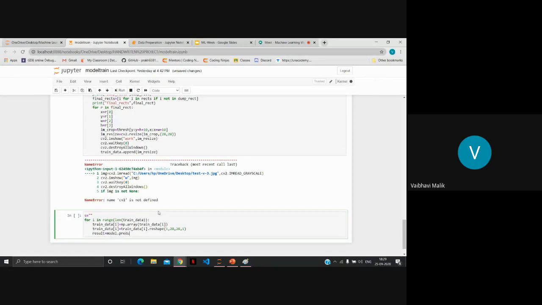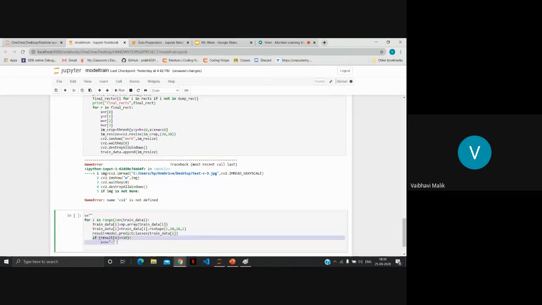Okay, so we will use the inbuilt function predict classes, which will predict the class of the contour we have, that is whether it is 1, 2, 3, or we have taken 10, 11, and 12, or minus, plus, and multiply. So it will predict the classes for us. Okay, so now we have the result. Now we have to compare the result. If the result that we got is equal to 10, for 10 we have used minus, then in our string it will append minus.